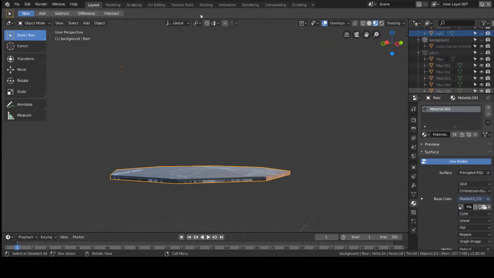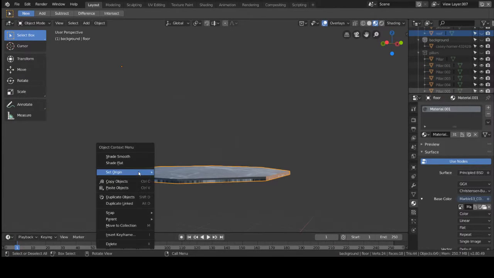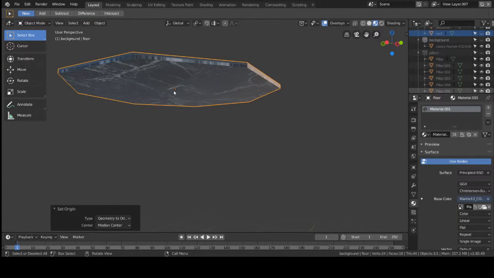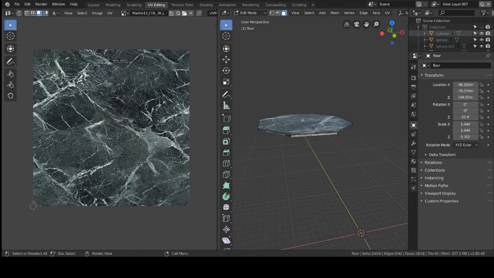And then I'm going to select this object. I'm going to go to UV editing. Sometimes this happens. This happens to me every time I start UV editing. You're going to notice, oh man, where's my project? Just zoom out and eventually you'll find it. Now, what I'm going to do is go back to layout, hit here, set origin to geometry. All right, now that's another important thing. See this little dot right here? Keep an eye out for that. Because if you've been doing what I've been doing and you're joining and unjoining and working, you'll forget about that,